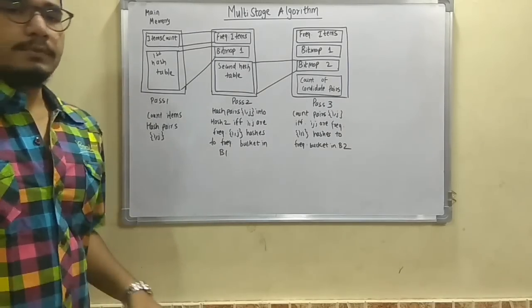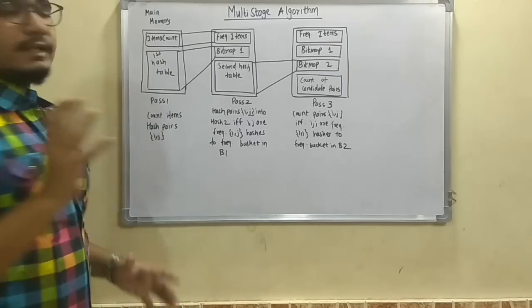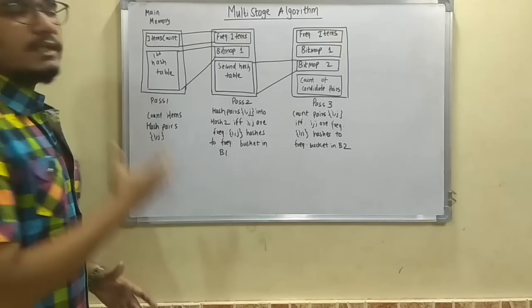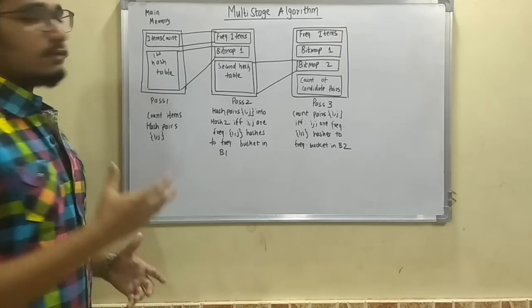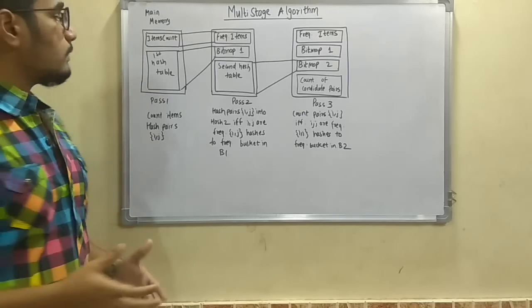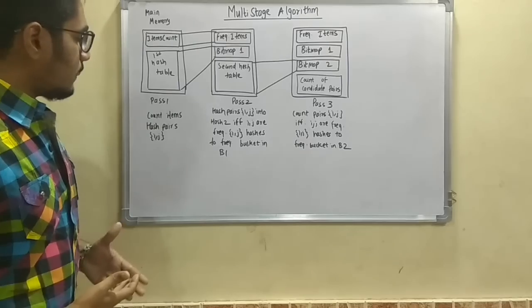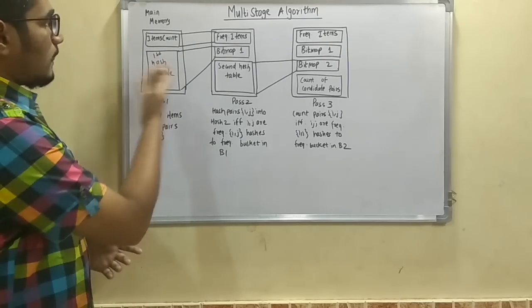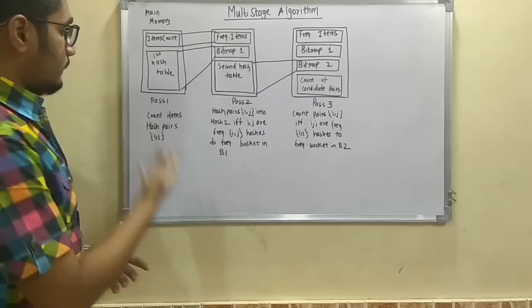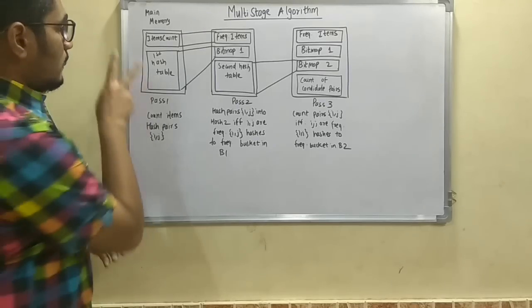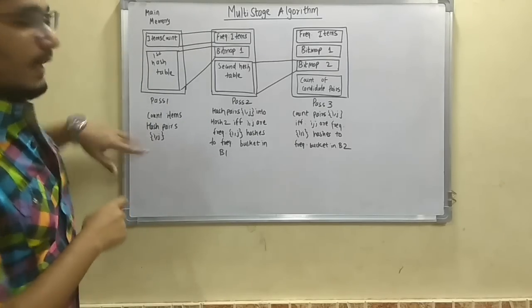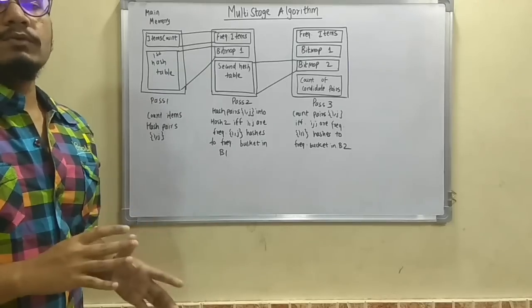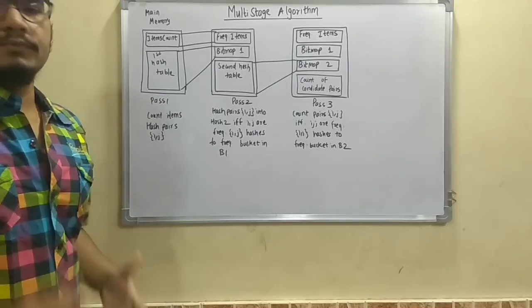The algorithm is simple. Like in the PCY algorithm we had the main memory, here also we have the main memory which has the item counts as well as the first hash table which we store in memory. This is pass 1. Pass 1 consists of counting the items, the number of items which we count, and the hash pairs i and j. So simply, pass 1 consists of item counts and the very first hash table.